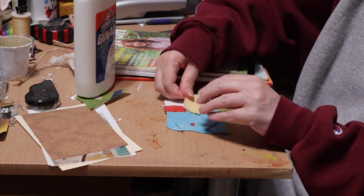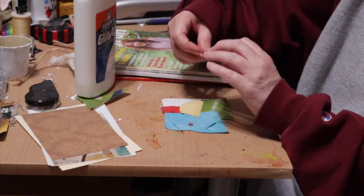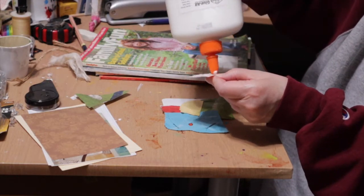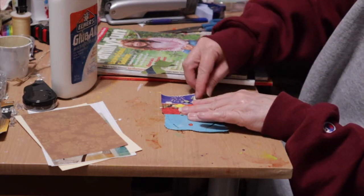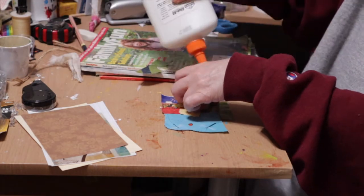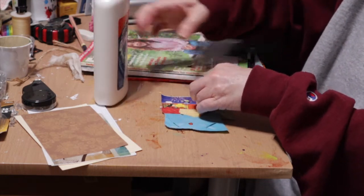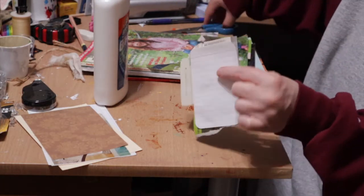They don't have to have a theme. This one does, but that's just because it's summer. And I'm all about summer and warm weather and spring and flowers. I'm using parts of a shoe, parts of grass, just to create interesting movement and texture in my journaling card. Okay, so now what I'm going to do is take my scissors and trim off all